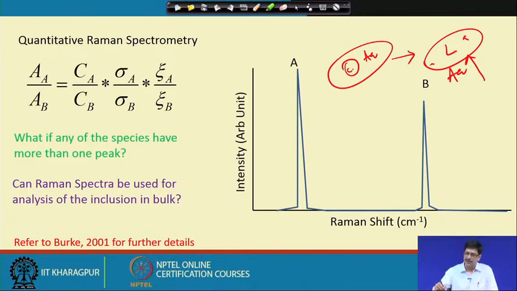Here, if this is an aqueous carbonic fluid inclusion which is homogenized, it has H2O and CO2 in it. If we take the Raman spectra of this, we are supposed to get the peaks of H2O and CO2. The workers who proposed that have fit an empirical equation to the ratio of the peak area of these two species, H2O and CO2, but whatever equation is proposed will be applicable only to that particular temperature.